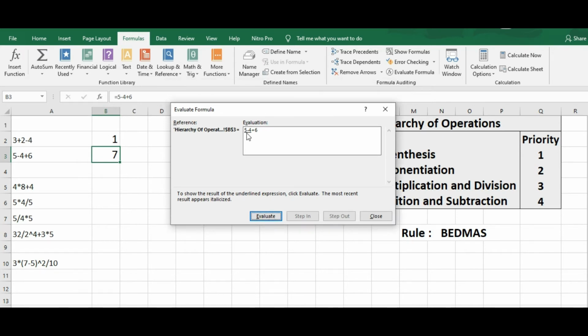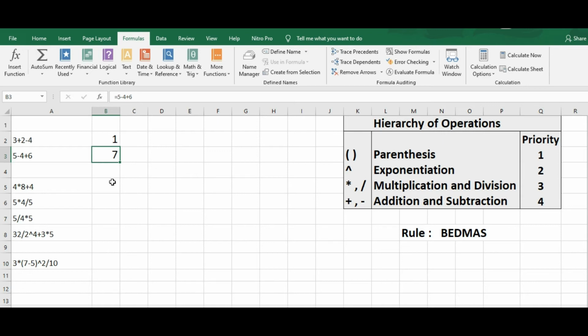You can see here 5 minus 4, both of the operators have the same precedence, though since Excel evaluates the operators from left to right, and on our left the subtraction operation comes first, Excel first evaluates the subtraction operation. This underline means this 5 minus 4 will be evaluated first, then with the result the addition operation will be performed. So 5 minus 4 means 1, 1 plus 6, which evaluates to 7. So here is how Excel evaluates an expression.